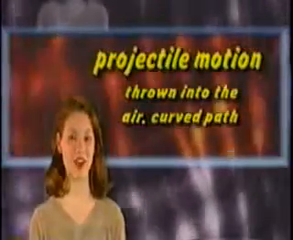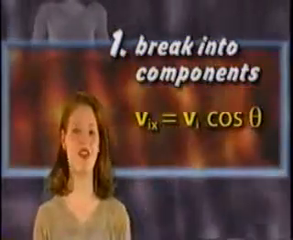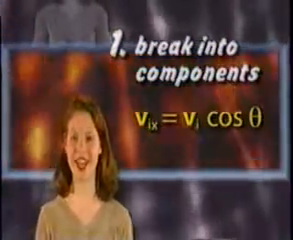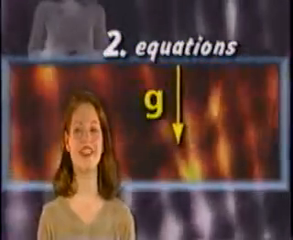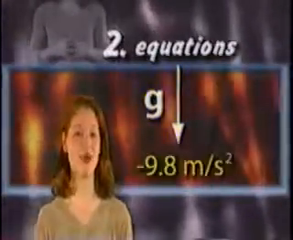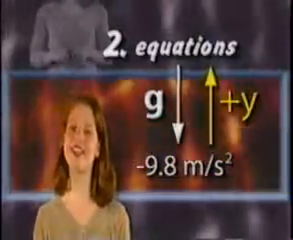Projectile motion is when an object is thrown into the air and its path is a curve. If faced with a projectile motion problem, first, break up the object's initial velocity into components, where v sub ix equals v sub I times the cosine of theta, and v sub iy equals v sub I times the sine of theta. Second, set up those kinematic equations. Gravity is the force pulling down on an object in the y direction. The acceleration due to gravity equals negative 9.8 meters per second squared when up is considered to be the positive